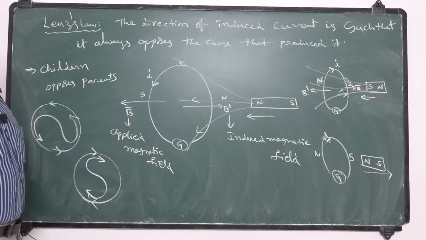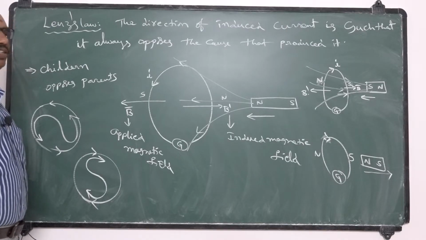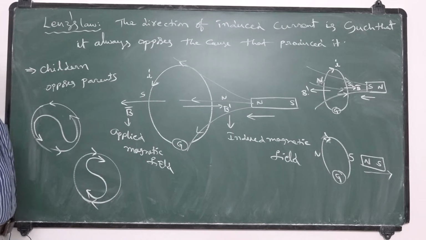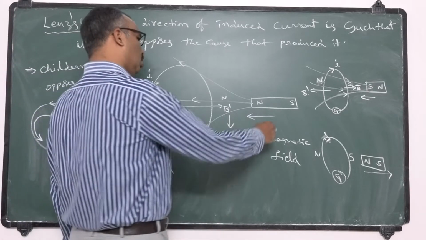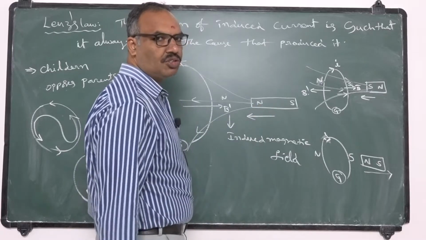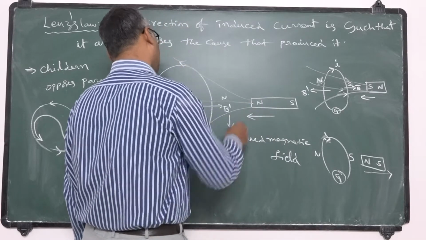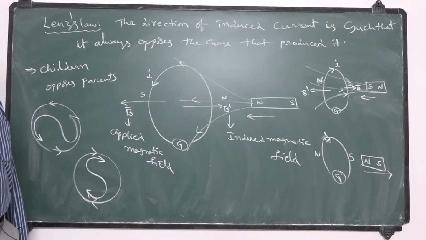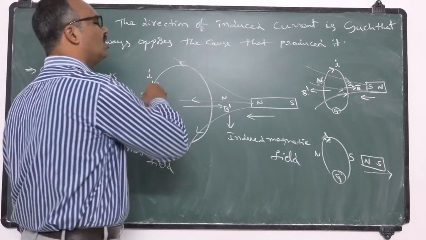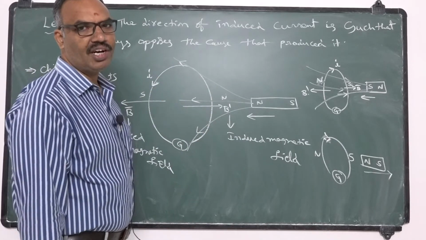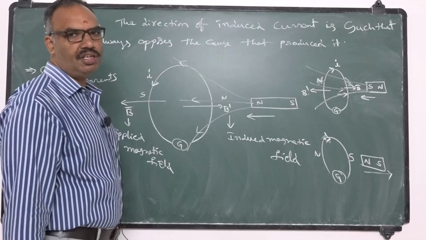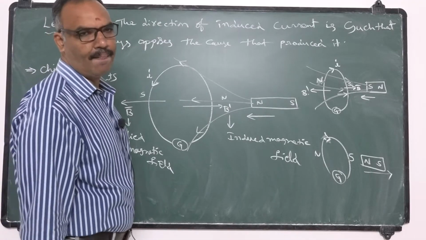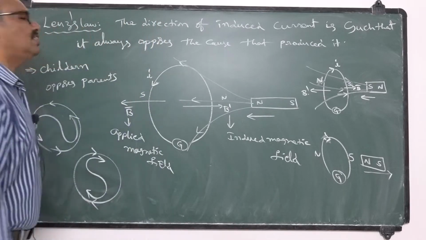So likewise we need to have the directions of induced current, and Lenz's law is another form of law of conservation of energy. The movement of magnet is associated with some mechanical energy. This mechanical energy is getting converted into electrical energy in the coil. The electrical energy is driving the charges inside the coil to generate induced current or induced EMF in the coil. I hope everybody followed this Lenz's law.